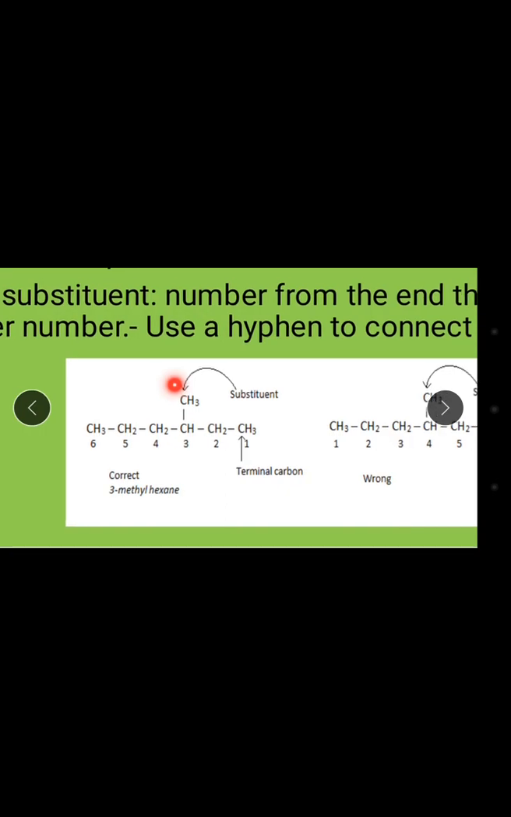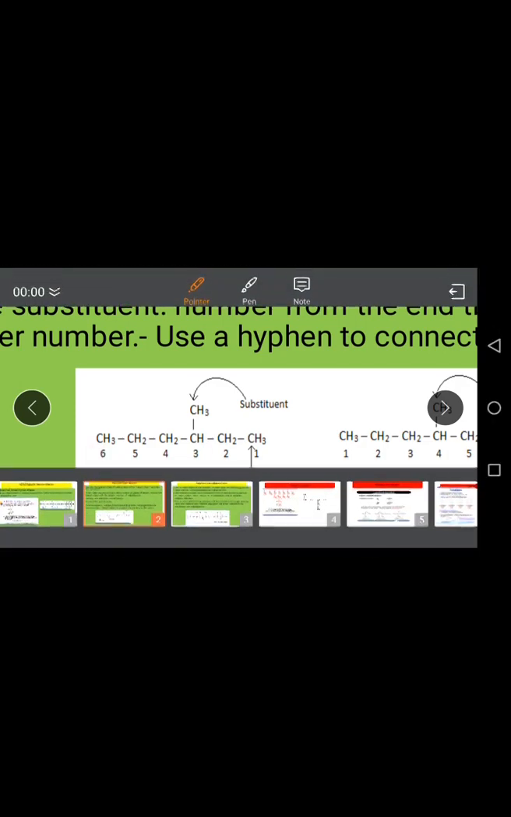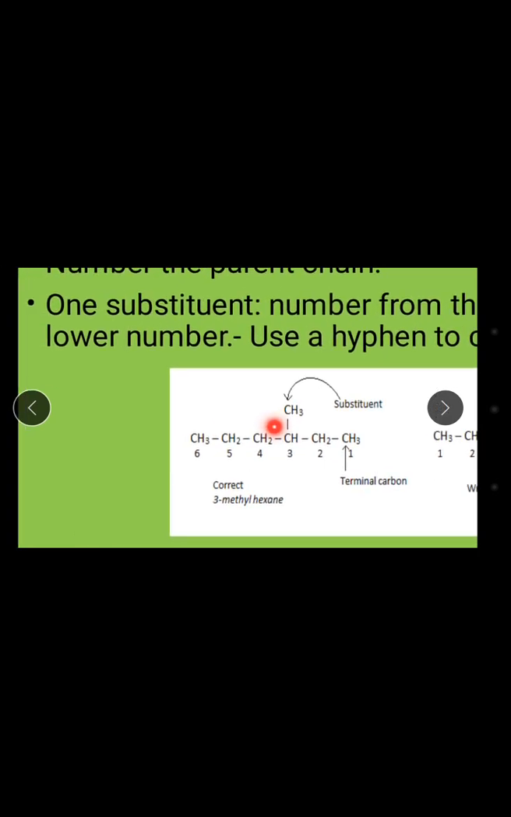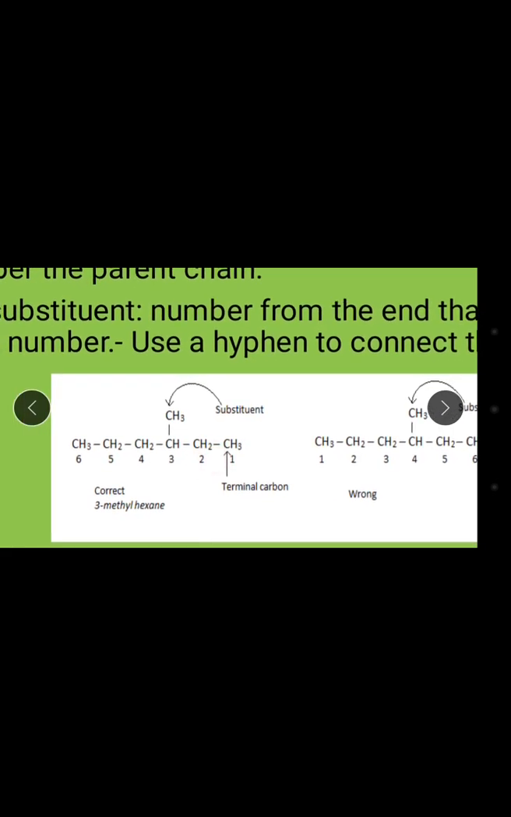So this is methyl, and going by this numbering, we number 1, 2, up to 6. Now, you ask yourself, an alkane with 6 carbons is what? It is hexane. So that's the first thing you have to understand. The parent chain, which is this, is hexane. Then you consider your substituent. Your substituent is methyl. You ask yourself, on what carbon? It is on this carbon, carbon 3. So the name here is